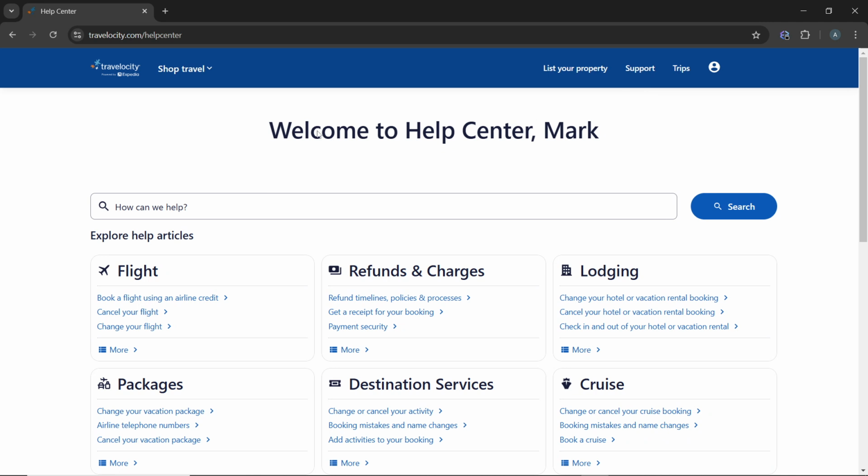In this help center, you can use the search bar on the help center page to type in your query. For example, refund, cancel booking, or change flight. Just go ahead and enter your query and click on search, and you'll be able to see suggested help articles for solutions to your issues, which could be